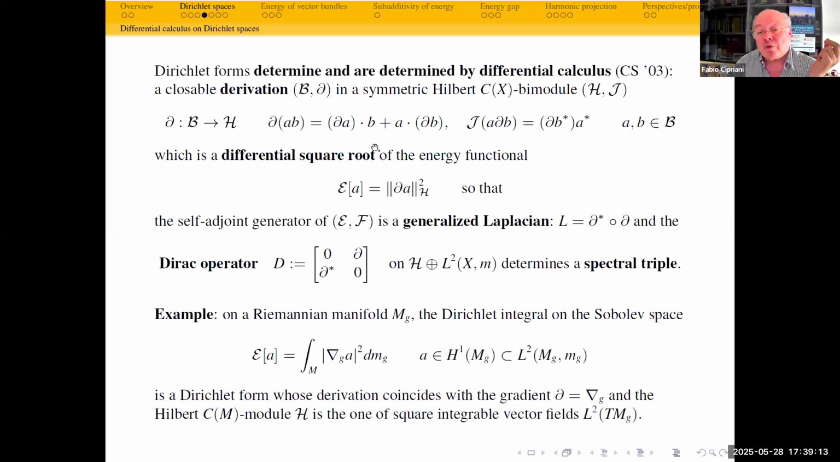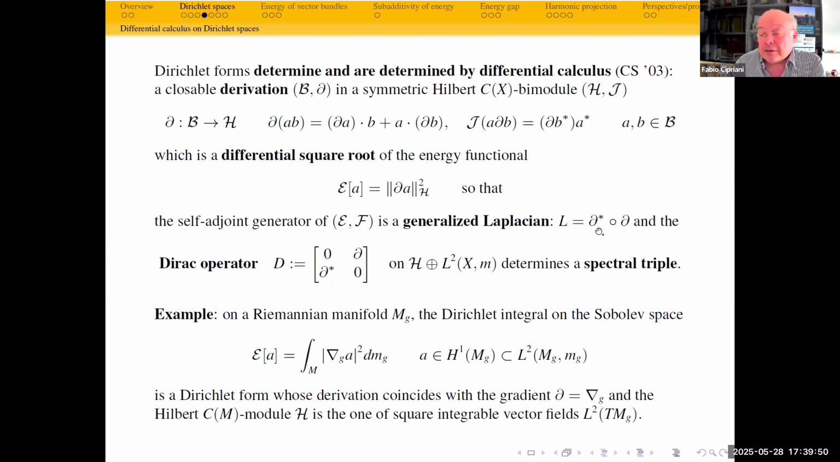No, differential square root is a way to recall this formula by which the quadratic form E of A is the square of the norm of delta of A, or this formula by which the self-adjoint operator associated to the quadratic form, to the Dirichlet form, the generator of the semigroup, the generator of the stochastic process, always appears as a generalized Laplacian in the sense that